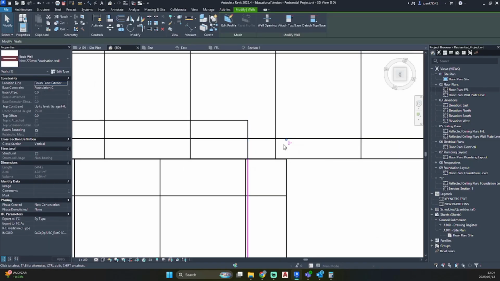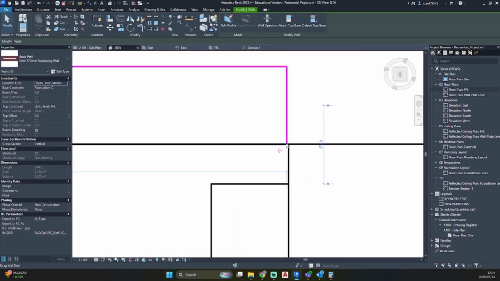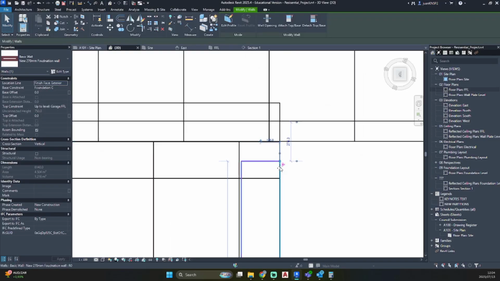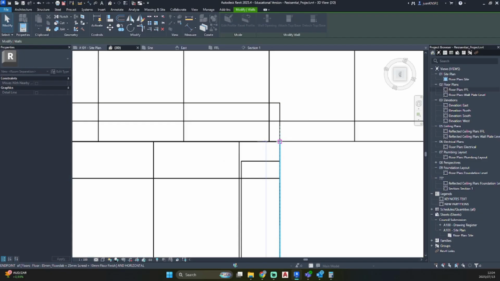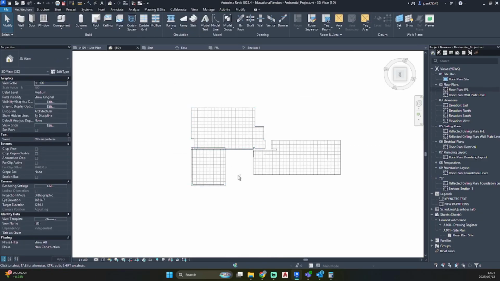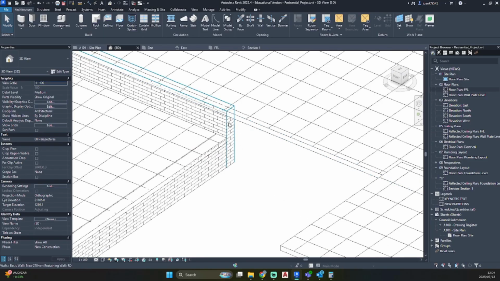So now I am going to just click on the side wall, just drag it out of the way. This retaining wall, just drag that into place. Just click on the bottom foundation wall and just drag it into place. Because we are still in 3D, just hold shift and hold your scroller, and you'll be able to pan, and you'll see that that has now been detailed beautifully.